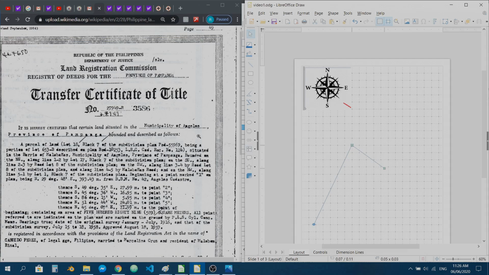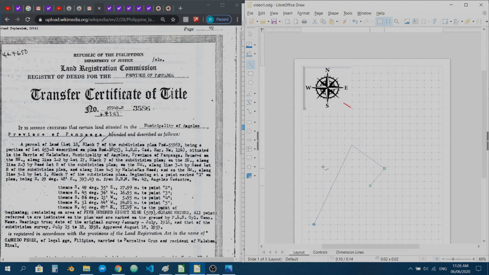Okay. Point 2. Then, point 3, south 4536. 16.95 meters, so almost half of the line 1 to 2. Okay, 45 yan. And then to 0.3,